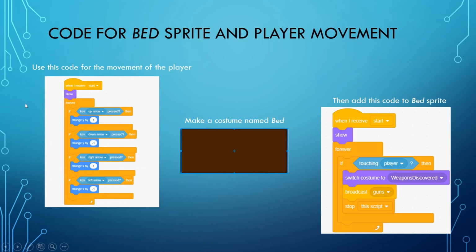Now we have our code for bed sprite and player movement. First of all, we'll create a circle for the player, and then inside the player we will make this code. So whenever it receives start, that is after the introductory messages, it will show and then it will move according to the arrows pressed. We can make custom keys